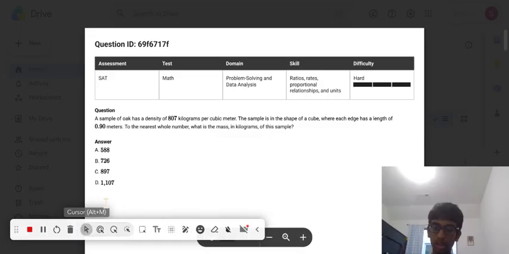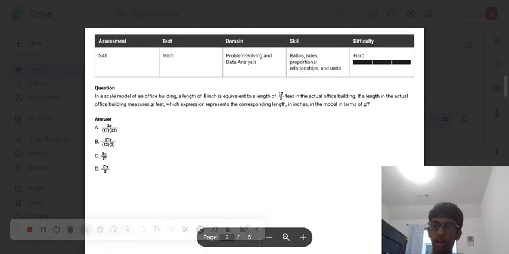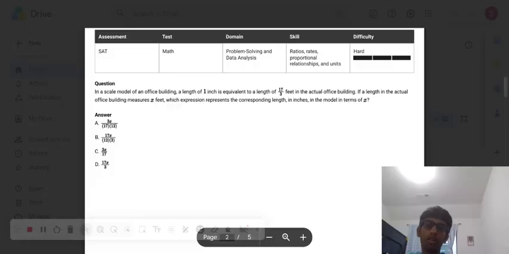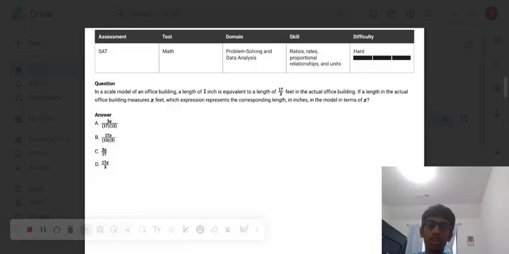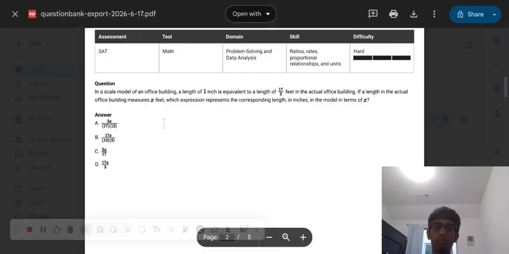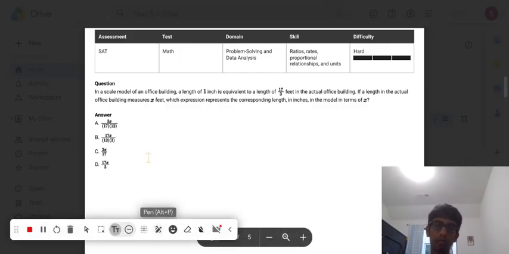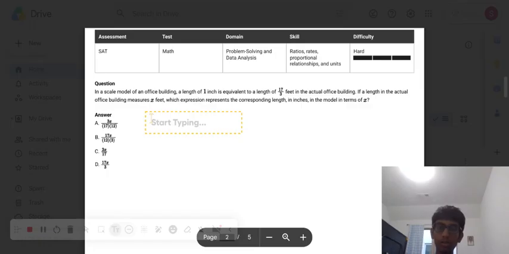Our next question states, in a scale model of an office building, a length of 1 inch is equivalent to a length of 17 over 3 feet in the actual office building. If a length in the actual office building measures x feet, which expression represents the corresponding length in inches in the model in terms of x? Well, that sounds really confusing, but what we can do is break this problem part by part. The first part of the question is saying 1 inch